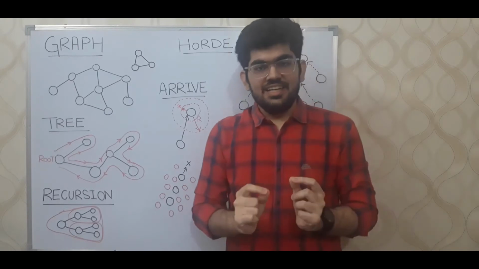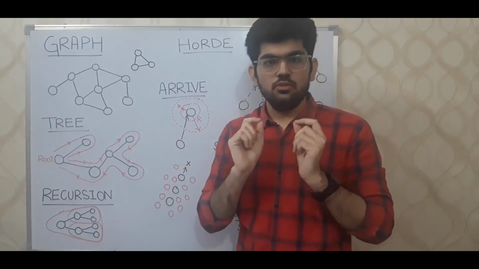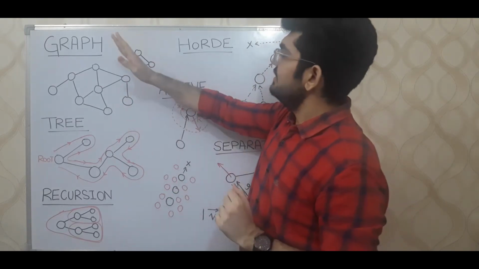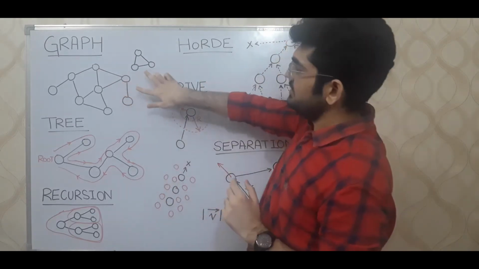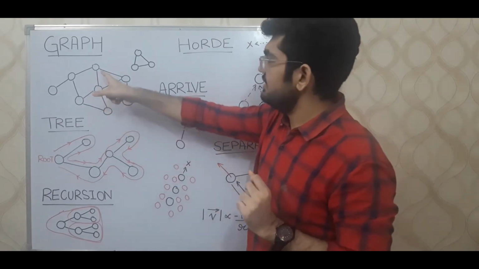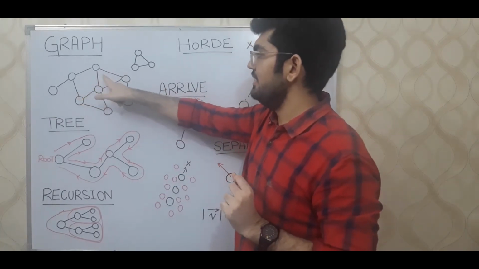Alright, now a tree is a data structure that is a special form of a graph. We can note two properties of the graph that we can see over here. The first is that there are certain components of the graph that are not connected to each other, for instance, these two networks. And we can also see that there is a cycle present in this graph. We can see a 4-cycle and a 3-cycle over here.